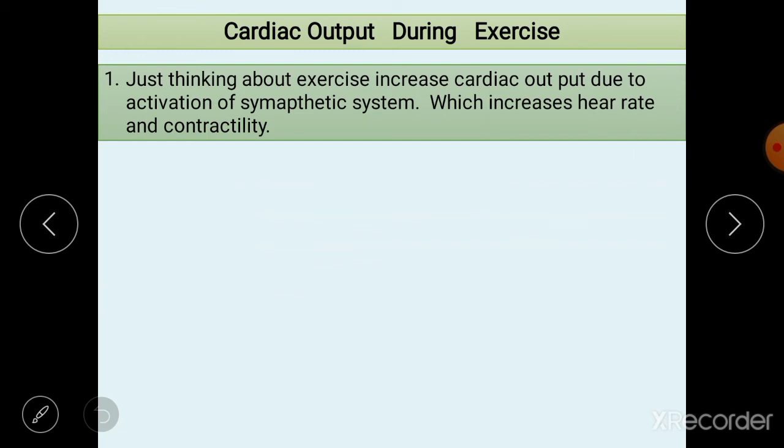So what happens is when you think about exercise, the cortex, which is the area concerned with your thoughts, sends signals to the hypothalamus, which is the center for your autonomic nervous system, and these signals activate the sympathetic system, and this sympathetic system causes increased heart rate and increased cardiac contractility, thus increasing the cardiac output